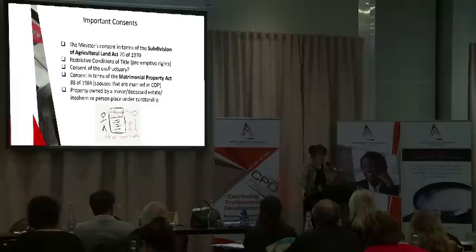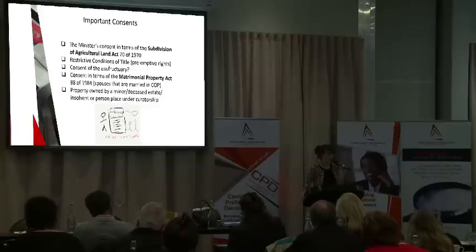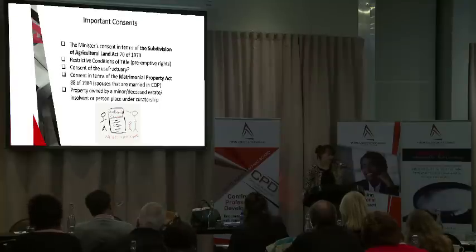Then, of course, you need your spouse's consent in terms of the Matrimonial Property Act if persons are married in community of property. So Section 15 of that Act states that a spouse may not, without the written consent of the other spouse, alienate immovable property, burden it with a mortgage, burden it with a servitude, or confer any real right in that property. The Act further states that the spouse may not enter into an agreement of sale or enter into a contract to mortgage or to burden or even to register a servitude over the land falling within the communal estate.